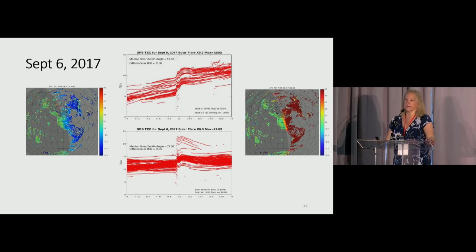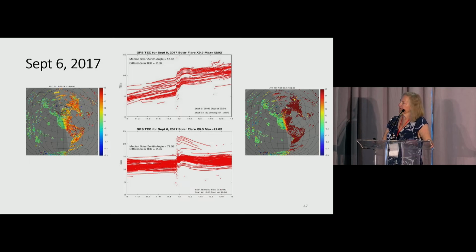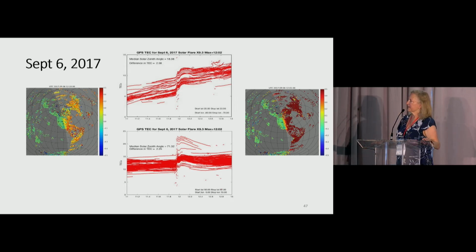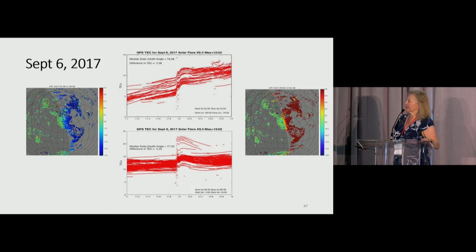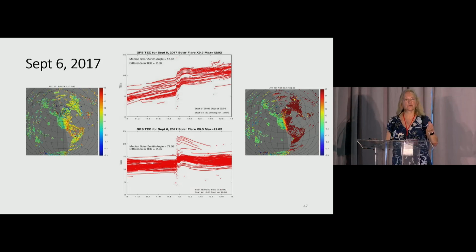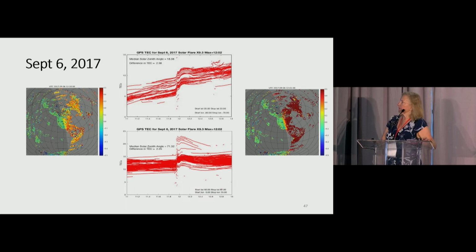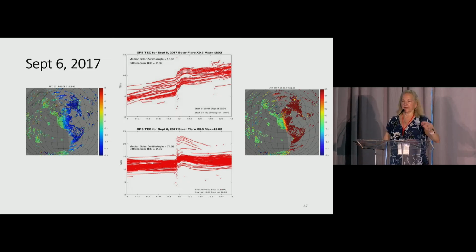Well, GPS is incredibly sensitive to this. This is a big solar flare, but I have evidence of even very small solar flares being picked up by our data. What you're seeing here, we've looked at just little bins, and every time there's a jump like this, that means receivers are losing lock because the TEC has changed too much from the solar flare. But you can see it's the daylight part of the Earth that really gets affected.